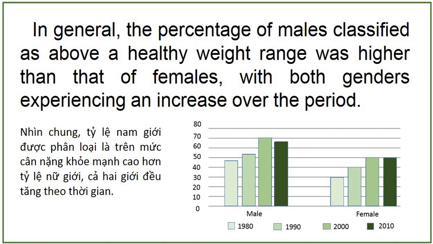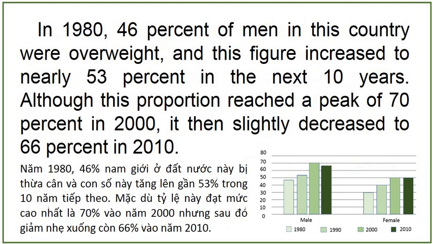as above a healthy weight range was higher than that of females, with both genders experiencing an increase over the period. In 1980, 46% of men in this country were overweight, and this figure increased to nearly 53% in the next 10 years. Although this proportion reached a peak of 70% in 2000, it then slightly decreased to 66% in